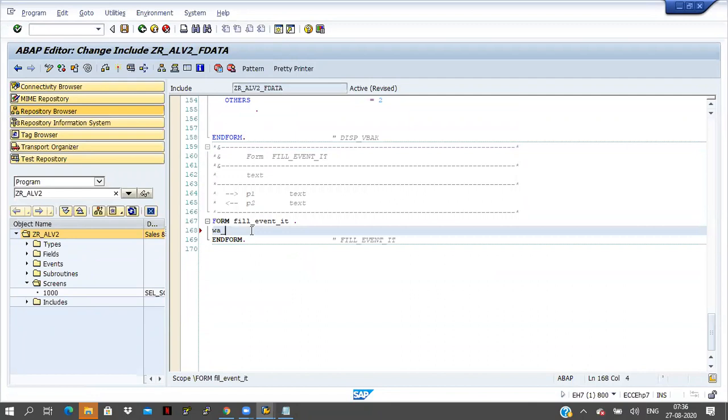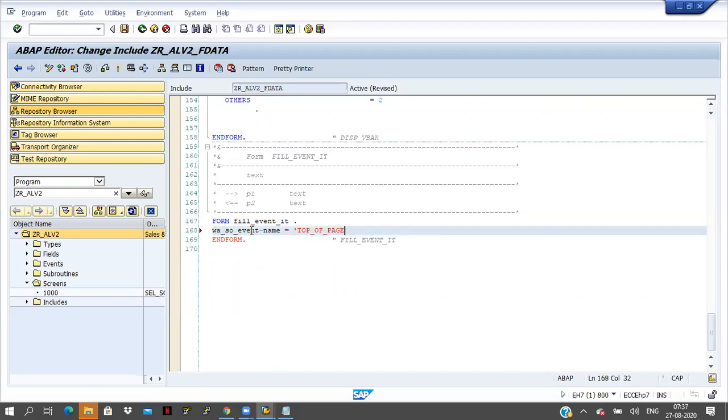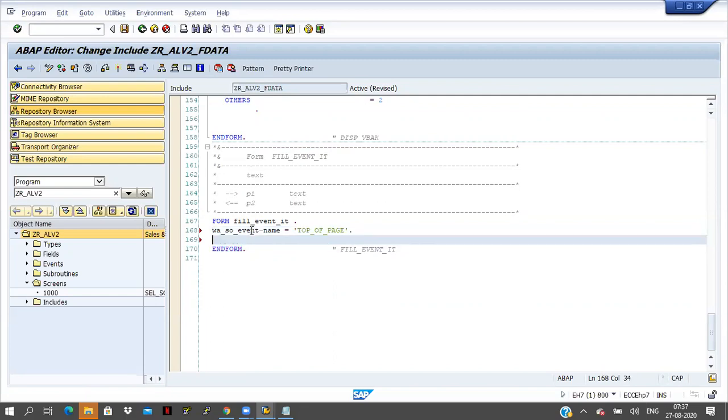Okay, work area. So SO_event-name equal to top-of-page.